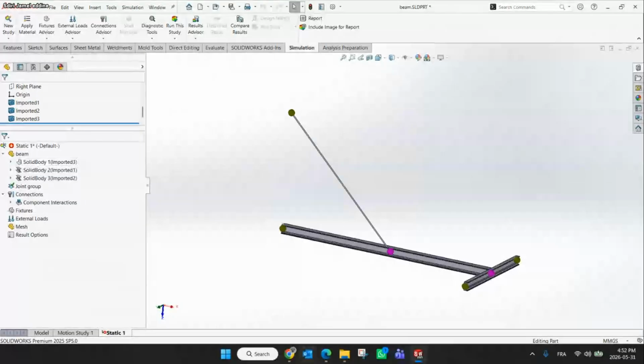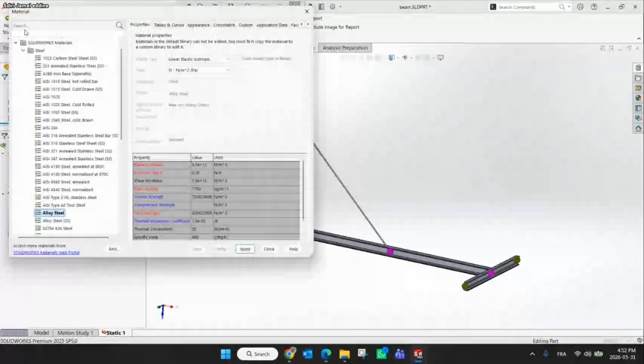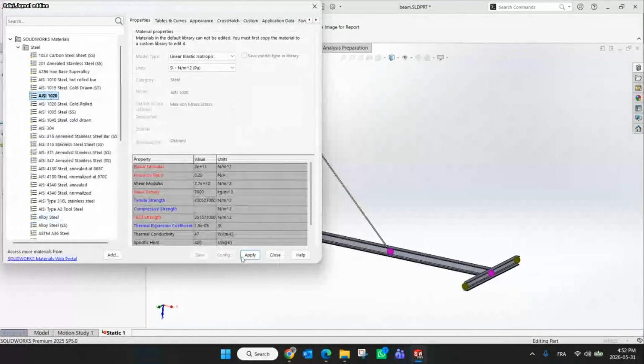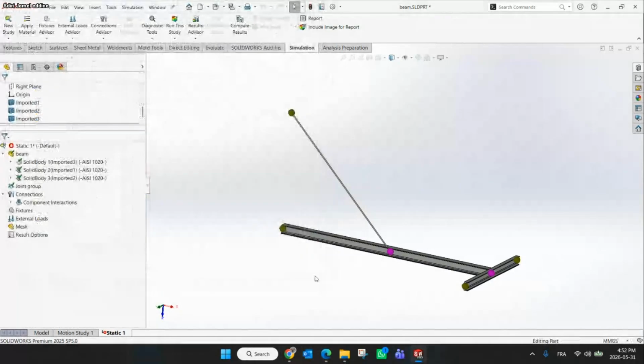So let me apply the material. Since all of them have the same material, I can just click here, apply material, AISI 1020, click apply and close. So now for the boundary condition,